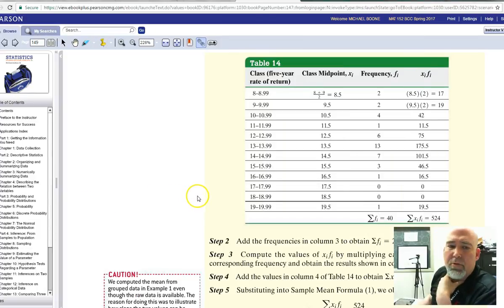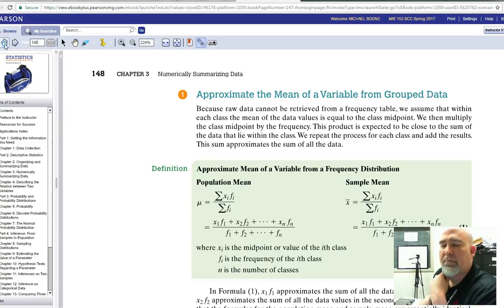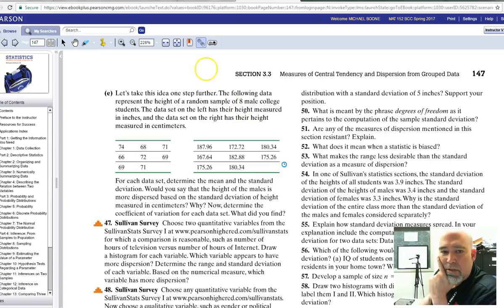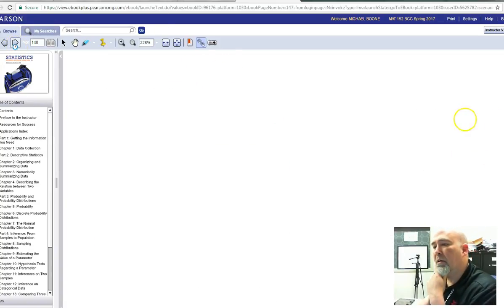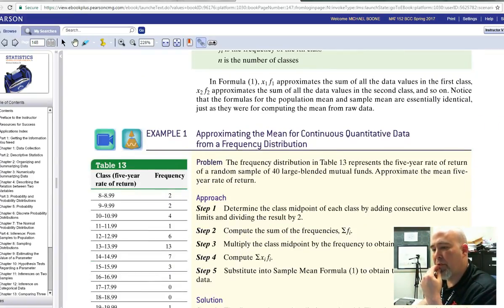Alright, so in Chapter 3, Section 3, we're dealing with finding means and standard deviations from grouped data. If we're given some type of frequency distribution, we should be able to find the approximate mean and standard deviation. They give us all these great formulas to help find them, and we can use those formulas, but I also want to show you how to use technology